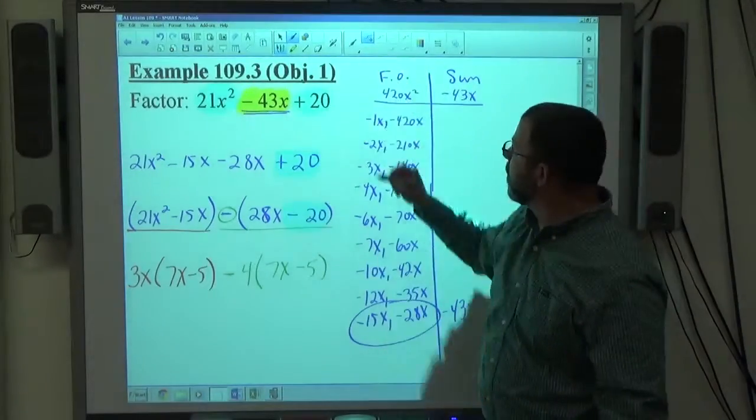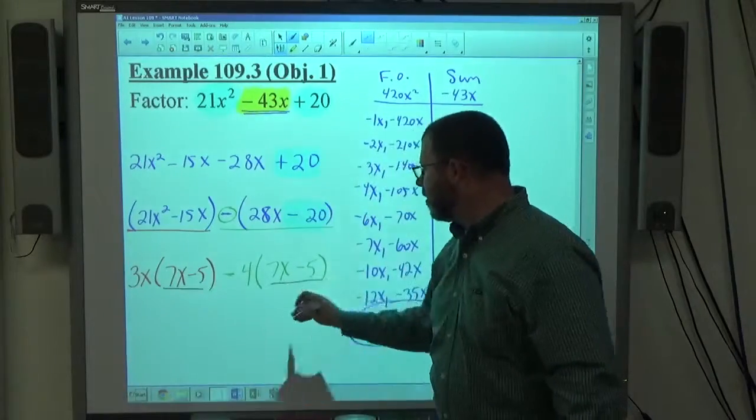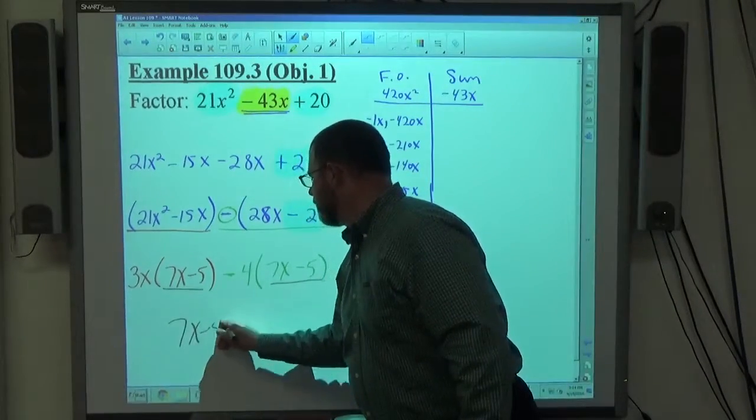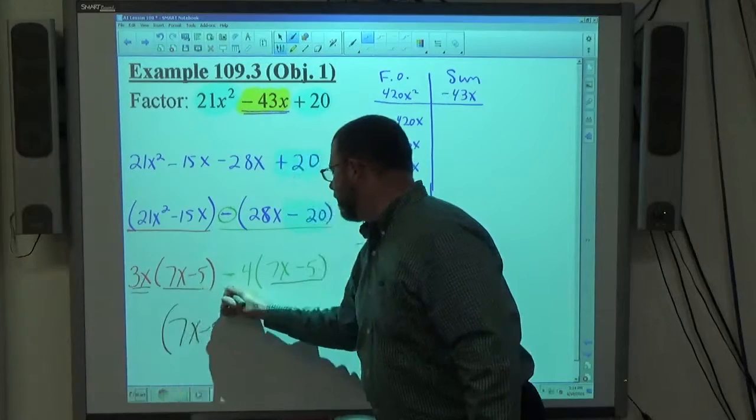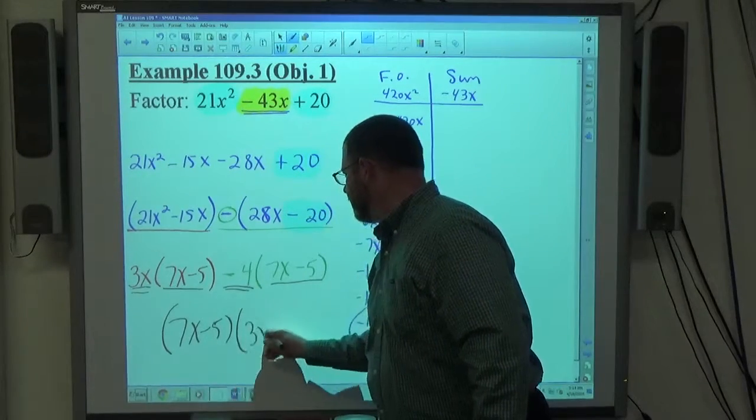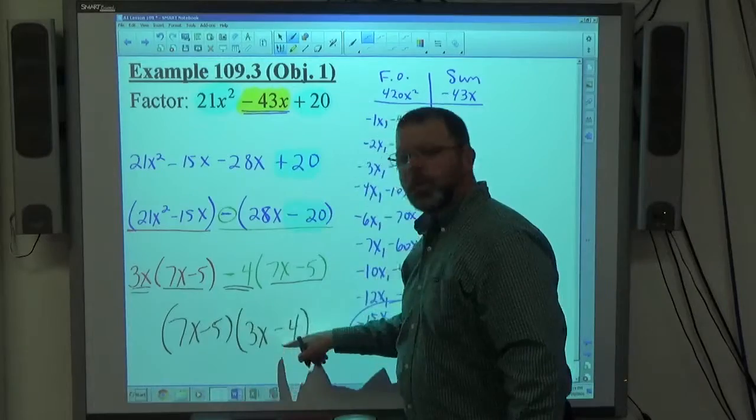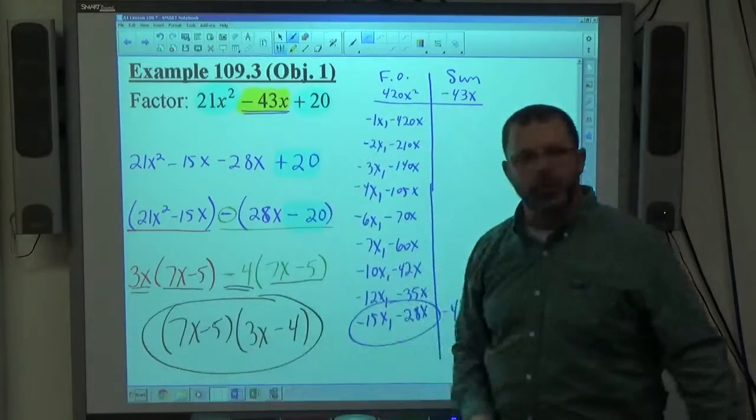And just like every other problem we've had so far, the binomial pair is the same. That's one of the factors. And whatever came out is the other factor. Again, factor 1 being multiplied by factor 2. Circle your answer in that final